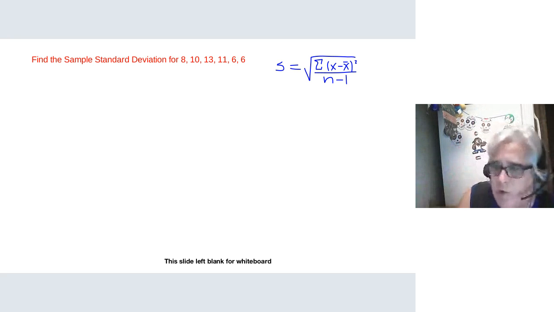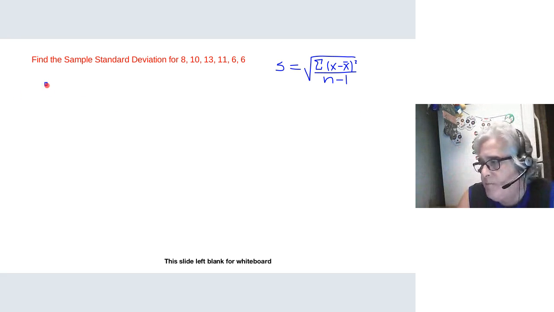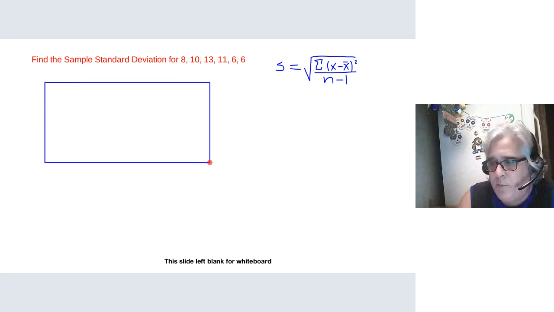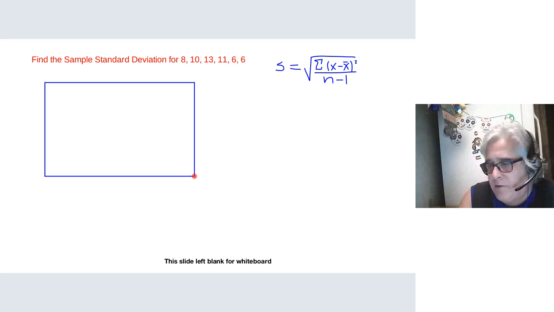So I'm going to do it on this little chart because that helps things quite a bit better, I think. The way that they show you in the